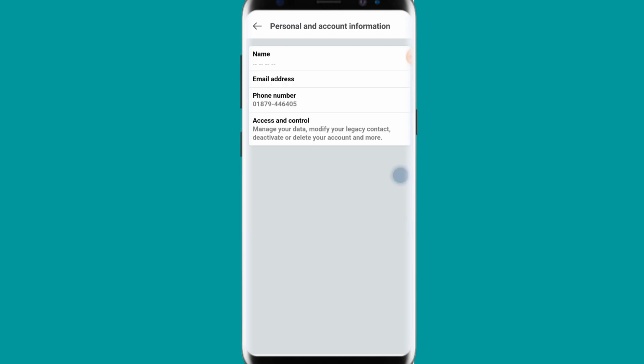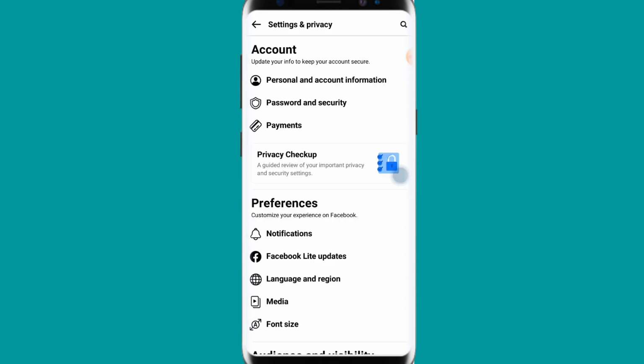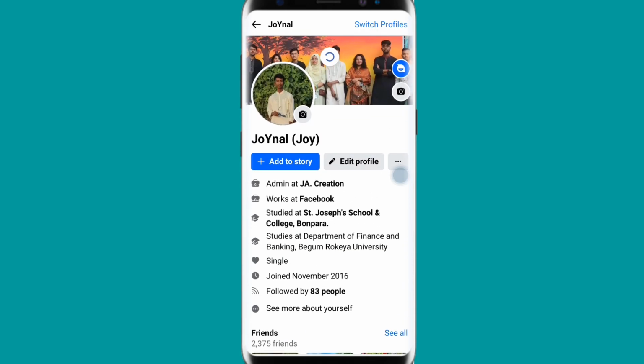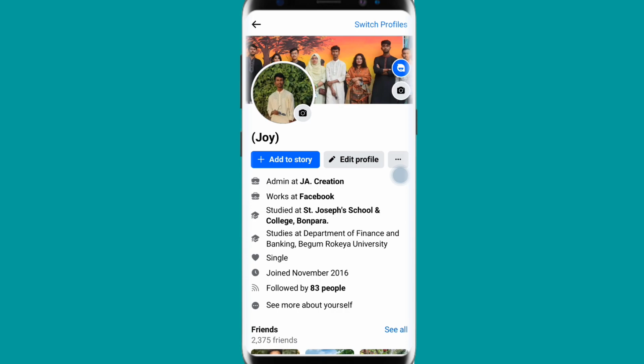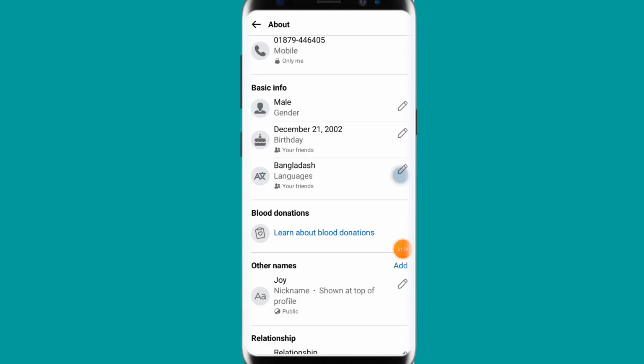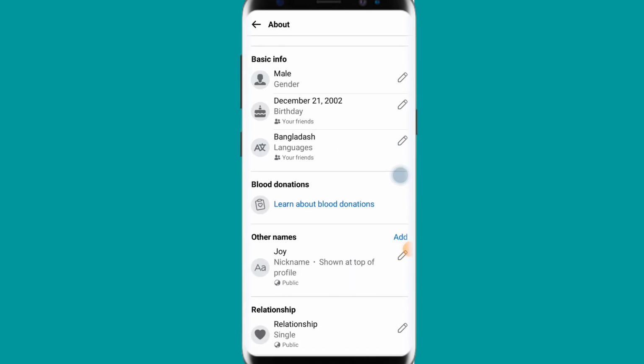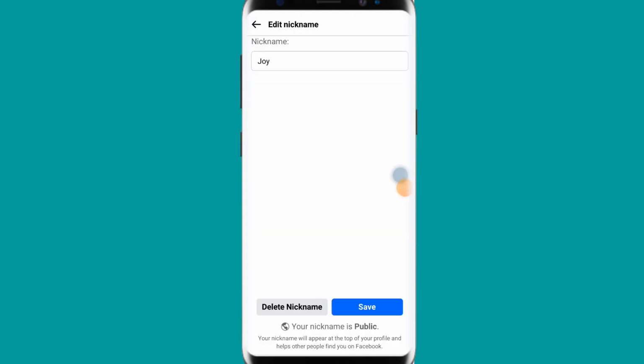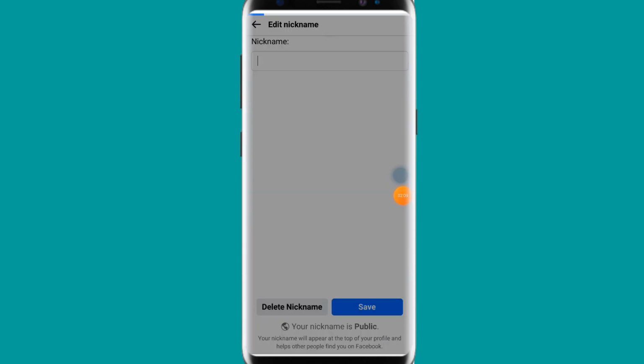Then you can see your name has been changed, and then you have to go back from here, come to your profile, and refresh. You can see only your nickname. Then you have to click more about yourself. You have to click here, scroll down, and then click the pen icon. You can see the nickname pen icon. You have to click here, and then delete your nickname. You can see the option delete your nickname. You have to click delete your nickname,